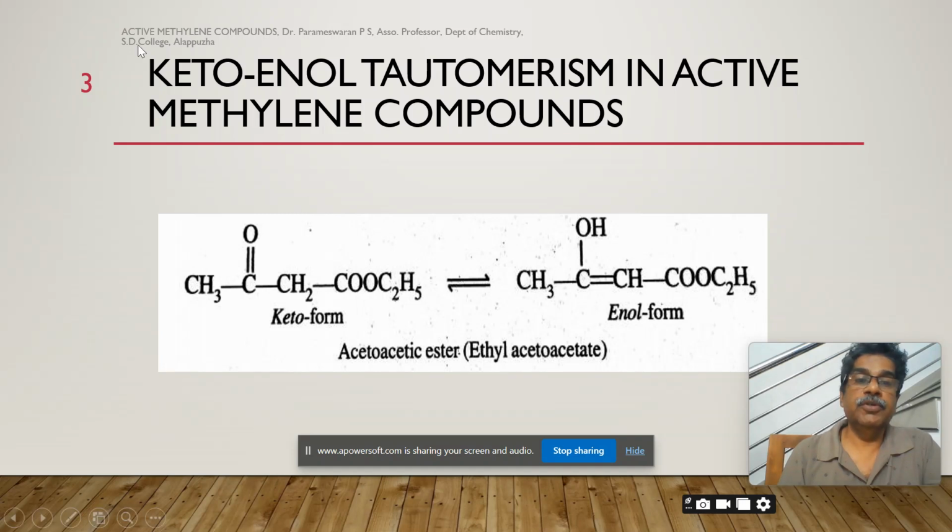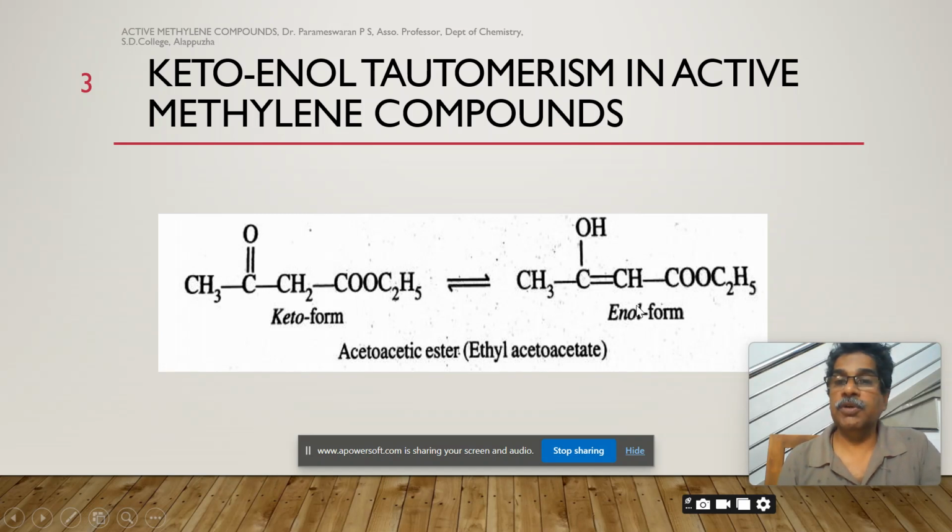It is already told you that the H is more labile. So H from here moves to O. So this becomes OH and the double bond comes here and this becomes C double bond C. That is, OH would be attached to C double bond C. That is the enolic form